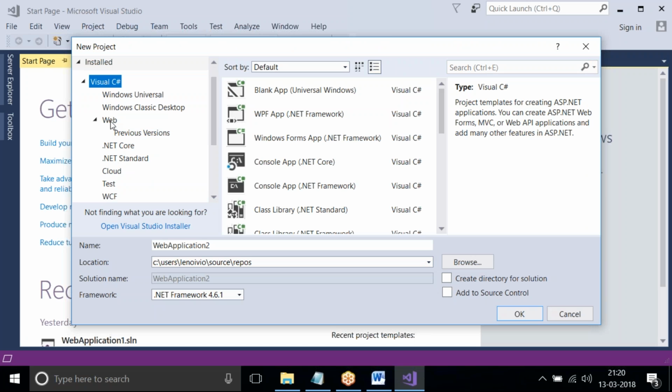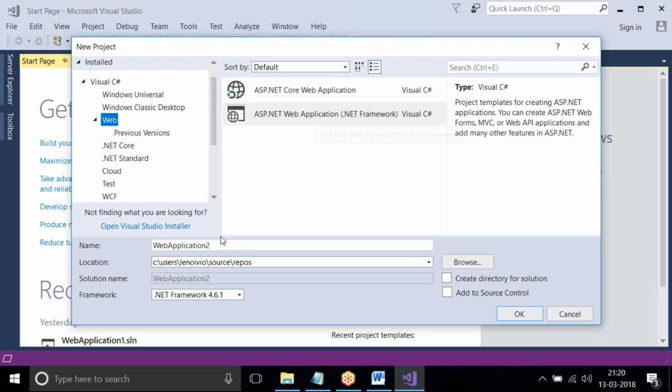So here, Visual C Sharp, Web, ASP.NET Web Application.